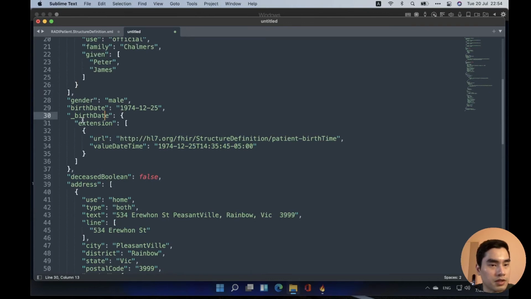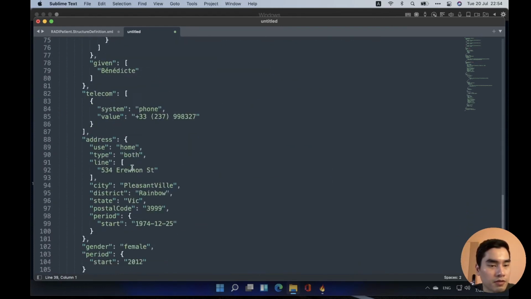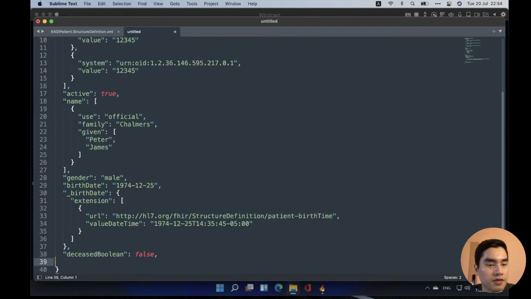Gender we need, gender, birth date, and it already has the birth time extension. This is boolean false. Address we don't have. Contact we don't have. This one we don't have.